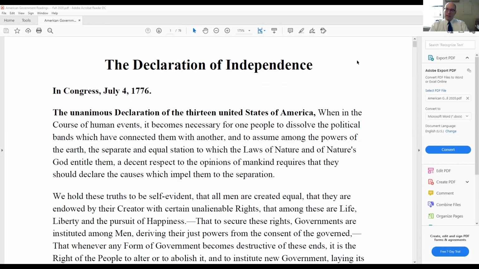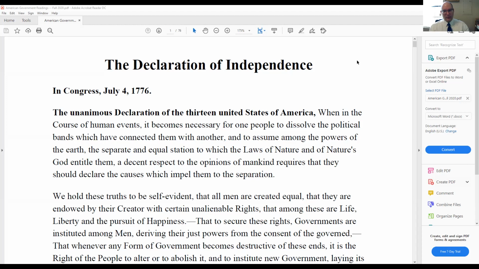Okay, so in a very simple sense, what's going on here, basically there's a Declaration of Independence, a few things. First of all, important to remember that this is not the Constitution, okay? Totally different document from the US Constitution. The Declaration of Independence begins basically the War of Independence, the Revolutionary War, by saying that the 13 colonies plan to separate themselves from Great Britain, what we would now call the United Kingdom.